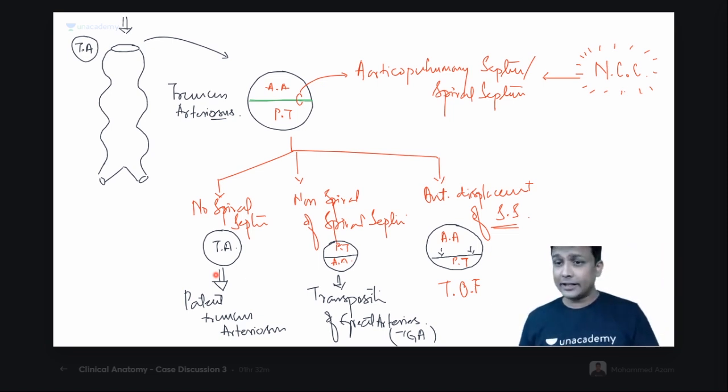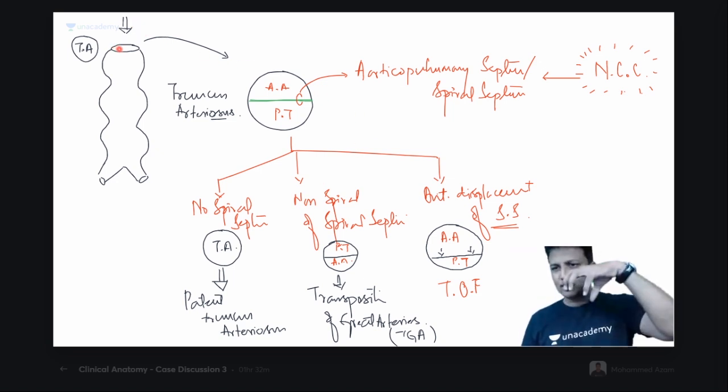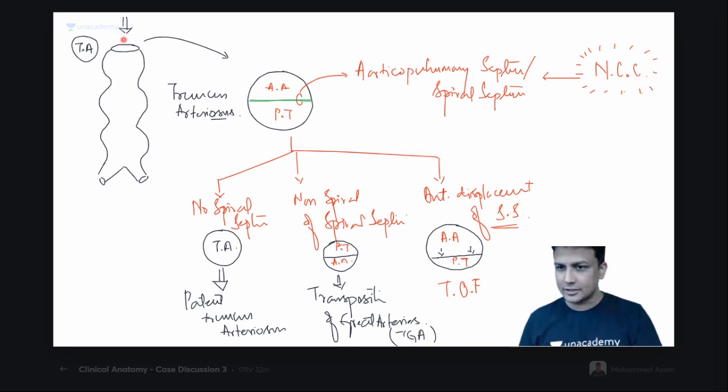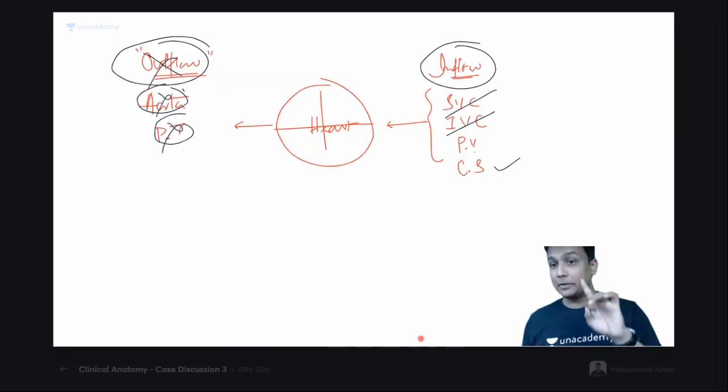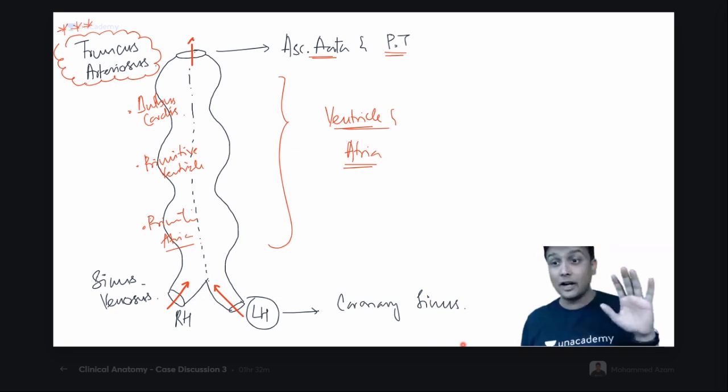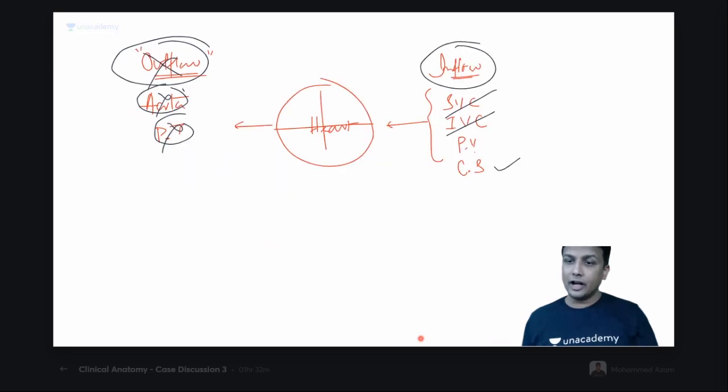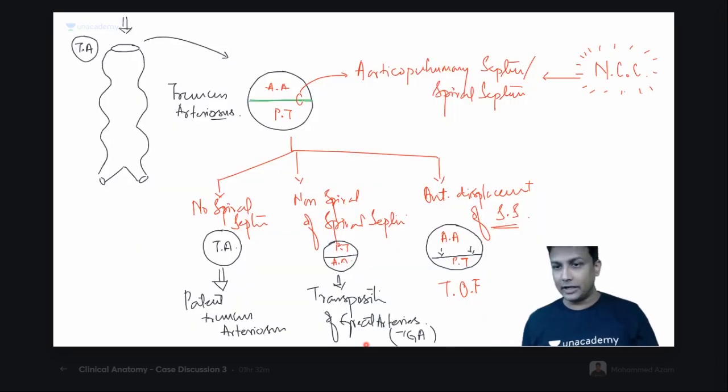Now, let us repeat that again here. What is the cranial-most part of the heart, sir? Uppermost part of the developing heart will be truncus arteriosus. Truncus arteriosus is going to develop into ascending aorta and pulmonary trunk, and I told you the easiest manner to remember. But how are they divided, how are they separated? With the help of a septum in the middle. And that septum is nothing but your aorticopulmonary septum or spiral septum.